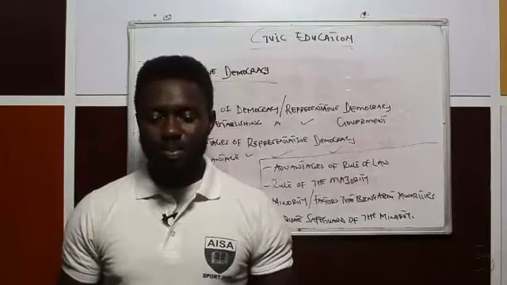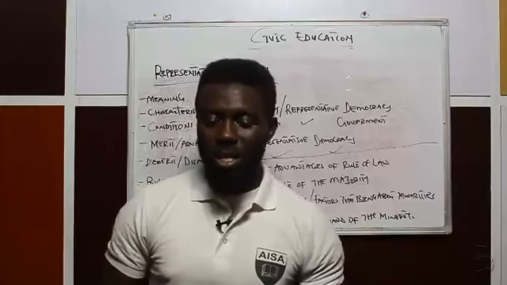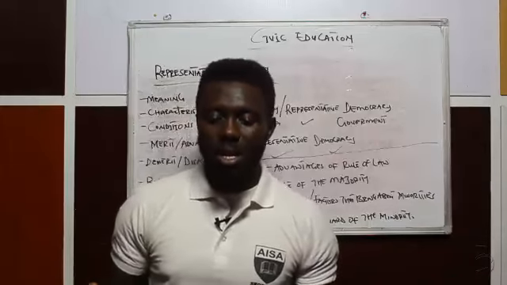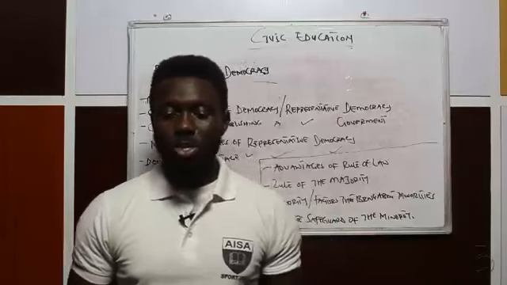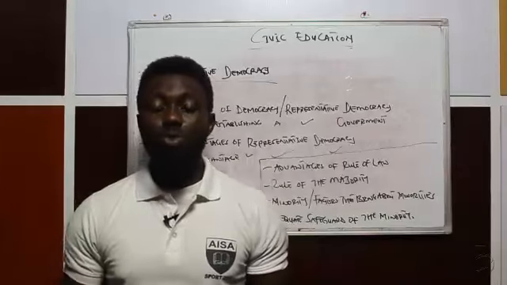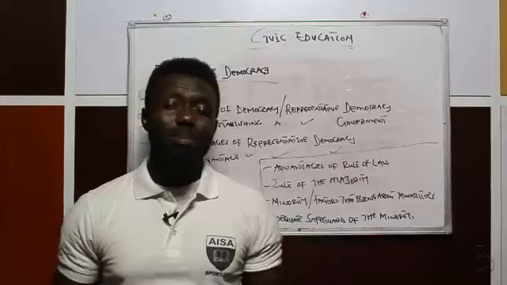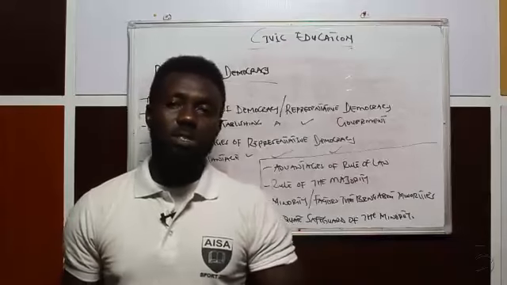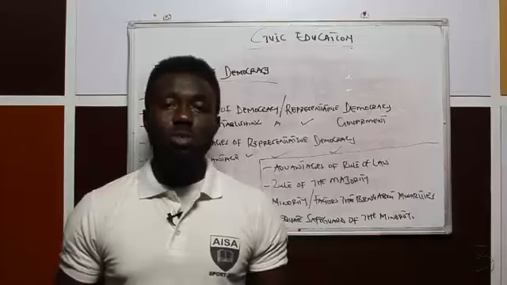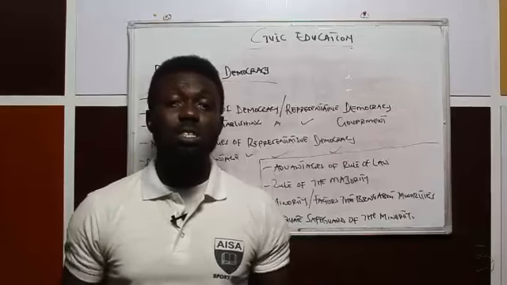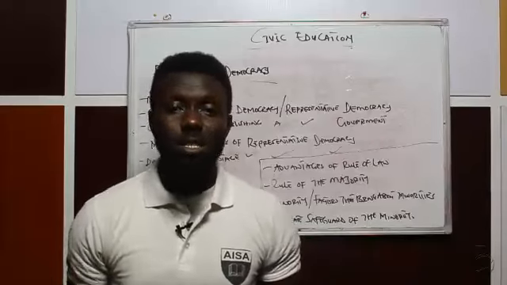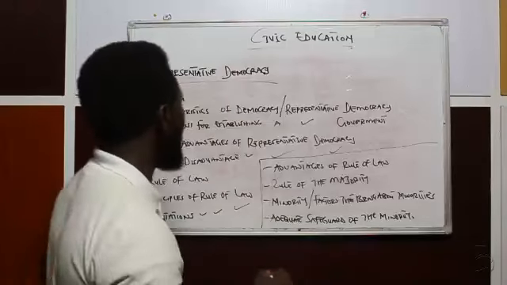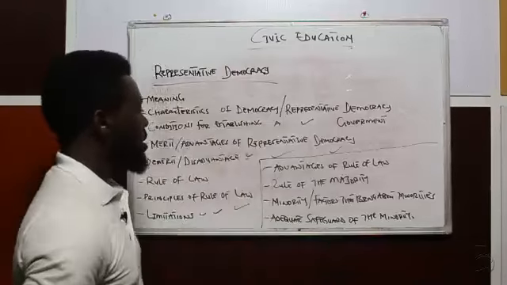And then finally, parliamentary immunity. Parliamentary immunity given to parliamentarians rubbishes or makes nonsense of the principle of rule of law. So those in parliament sometimes are immune to certain laws until they are out of office. So it rubbishes the idea of the rule of law, which says everybody is equal before the law and everybody is accountable before the law. So these are some of the demerits of representative government.